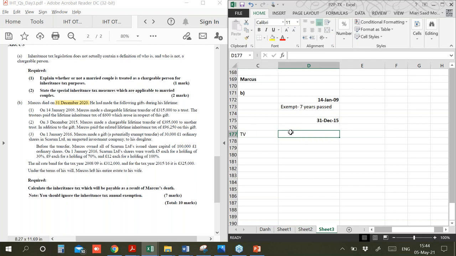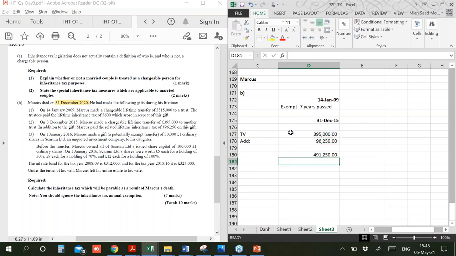TV is 395,000. But as you remember, because Marcus has paid the lifetime inheritance tax, we have to add that back as well. And that is mentioned in the question as 96,250. So the final TV will be